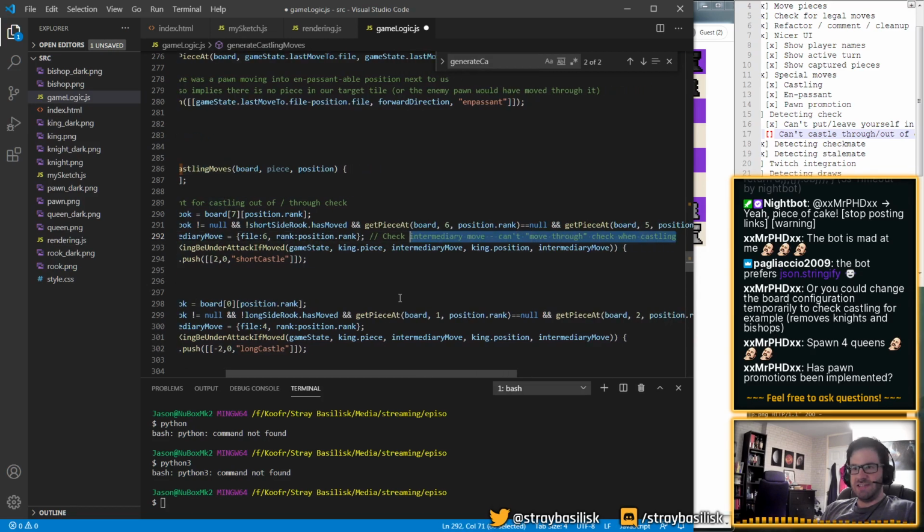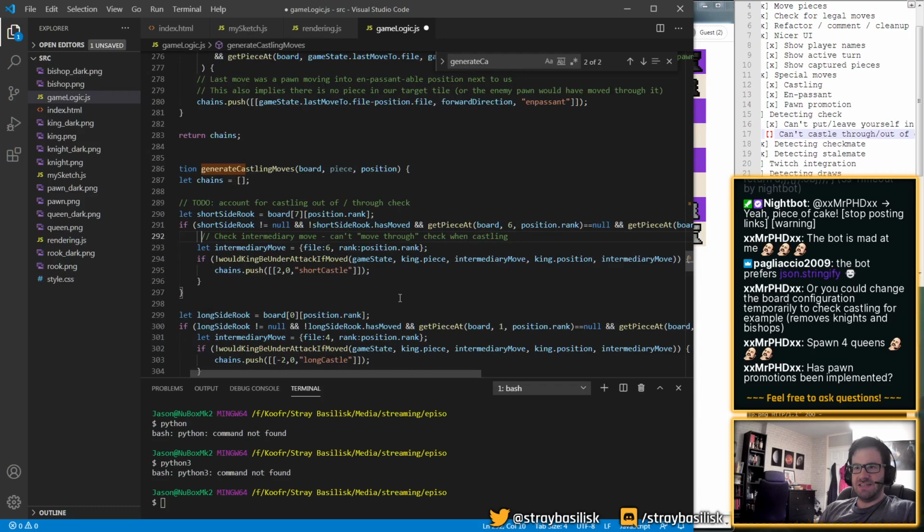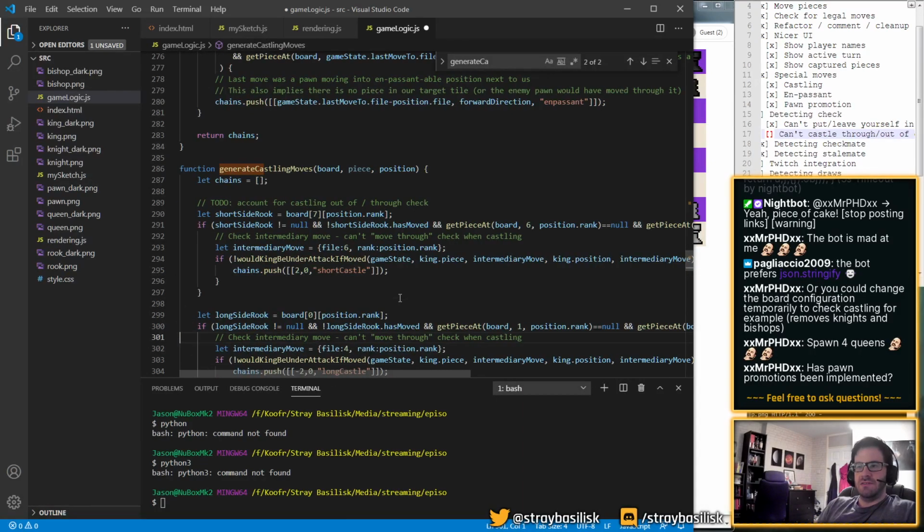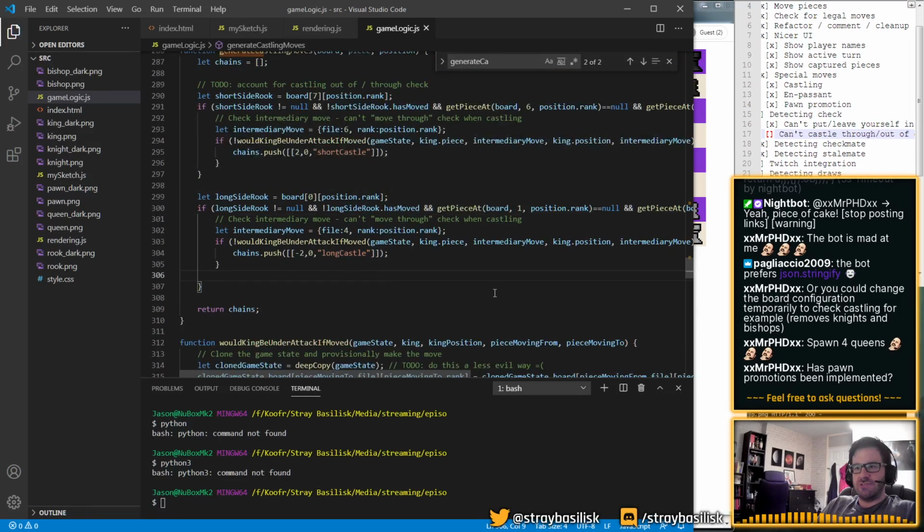It's that kind of logic, right? So we have to check. The king's going to move 2 spaces, but we need to check if they were to move 1, would that put them in check? And if so, we rule that out. Okay.